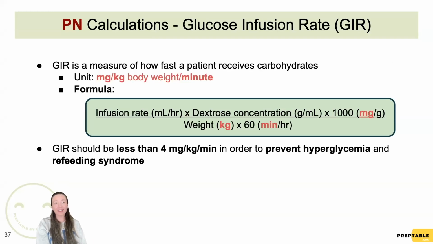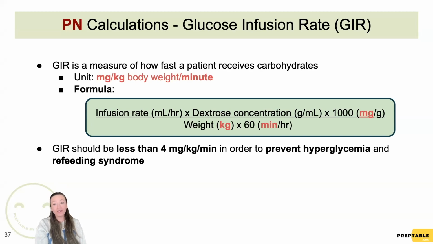Let's delve into the concept of glucose infusion rate, or GIR, in parenteral nutrition. GIR is a measure of how quickly a patient receives carbohydrates. It's reported in milligrams of dextrose per kilogram body weight per minute. This metric helps healthcare providers monitor and adjust the rate of carbohydrate delivery to prevent complications like hyperglycemia or refeeding